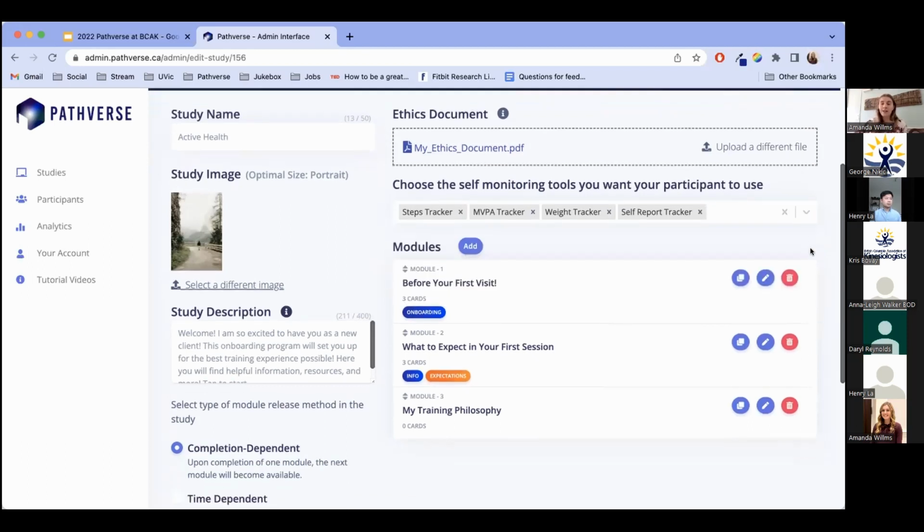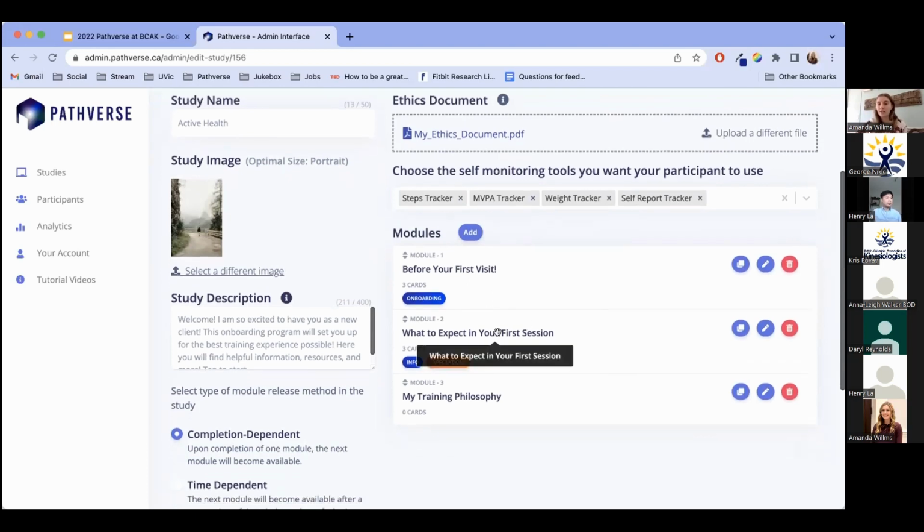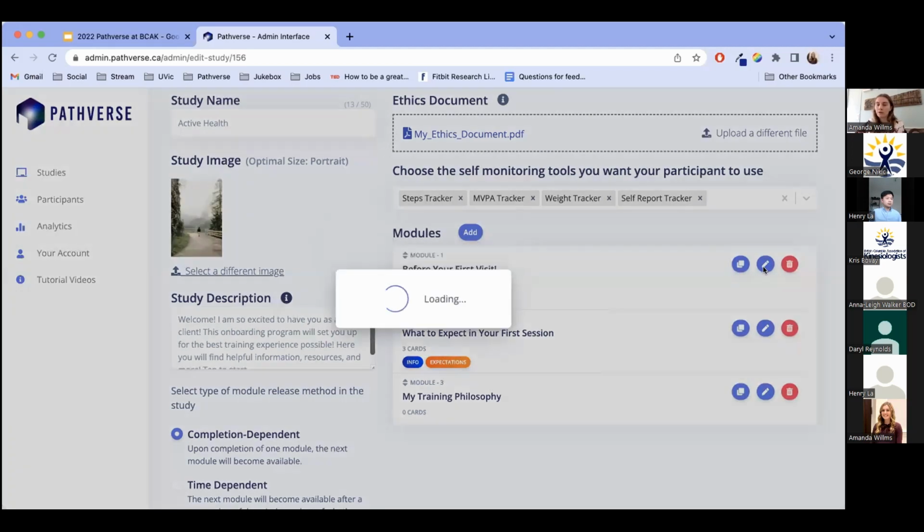So then still on that studies page, we can see the modules added to the study. So these are our different lessons that we've added in and the associated tags with the lessons, which are a way to identify different modules within the app. So I'll go in and show the module